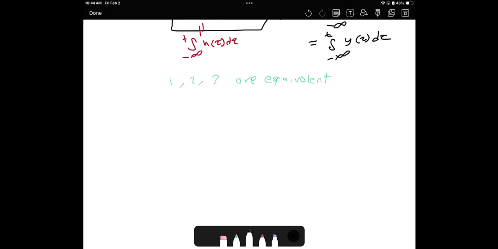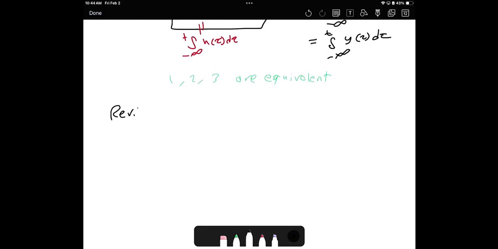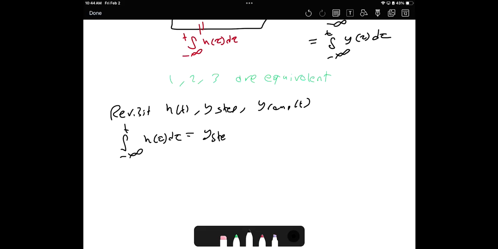Let's do a quick revisit. H of t, y step, y ramp. We know the integral from negative infinity to t of h of tau d tau equals y step. We know this, y step of t. We know the integral from negative infinity to t of y step of tau d tau equals y ramp. We know this, and we know